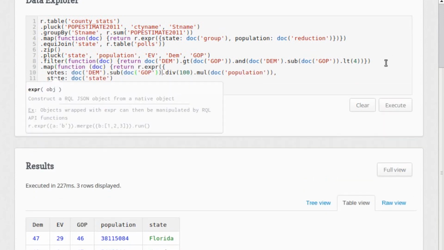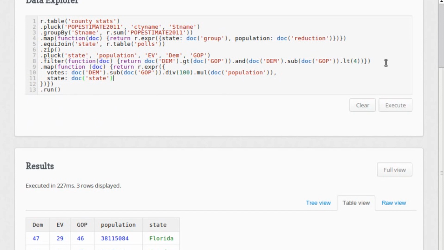OK, so what this is doing is, again, here's this anonymous function. This is a representation of the current row that we're then going to chain our operations off of. And so this function, for each one of these rows, is going to first find the difference in the poll numbers, divided by 100, of course, because these are percentages. And then it's going to multiply by the population for that state in order to find the number of votes that we need to win that state in order to move it into the red column. And then we're just going to also pass along the name of the state. So if we run this query,